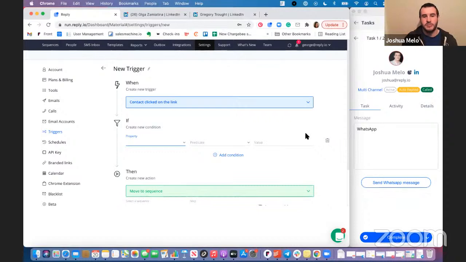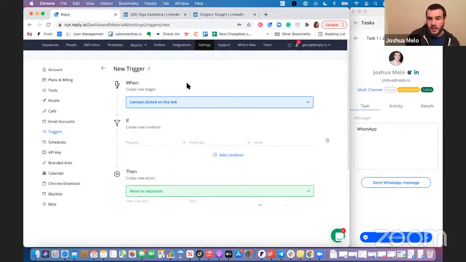We have another question. Can we manually move people between steps within the sequence, i.e. step 1 to step 2? The answer is yes. You can trigger it to move them one step further. You just can't move them back. If they've received any steps in that particular campaign, you cannot resend them those same messages. You would have to then duplicate the sequence and move them to the copy.